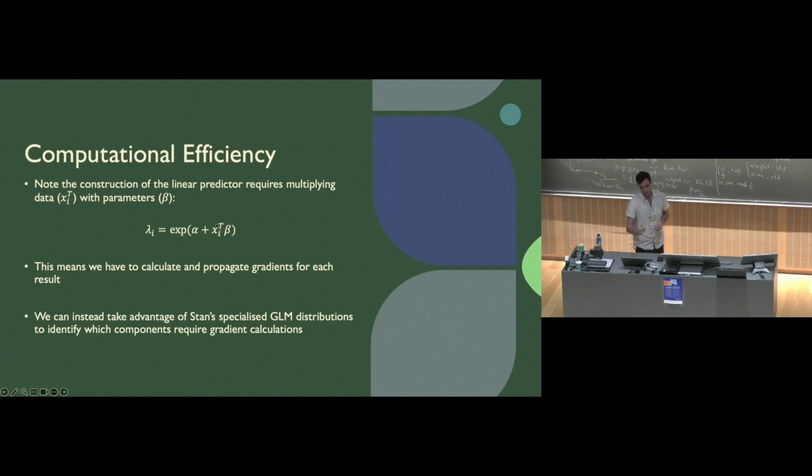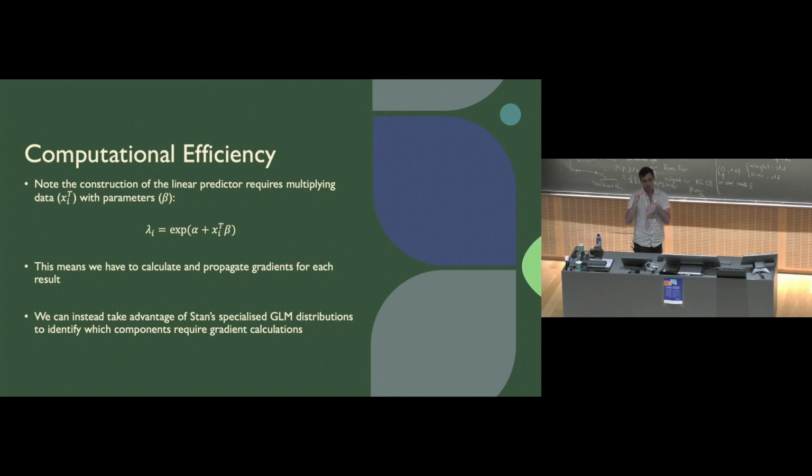So remember, we're constructing our linear predictor as the multiplication of our data with some parameters, beta, and adding alpha. But because Hamiltonian Monte Carlo needs to propagate gradients through all functions that contribute to the likelihood, that means for each element of this linear predictor, each n elements, we have to calculate the gradients for each of those. In Stan,